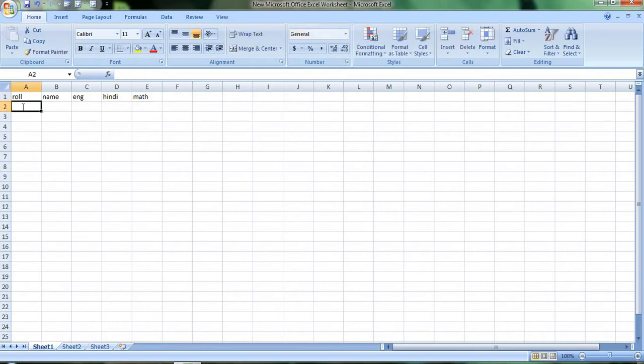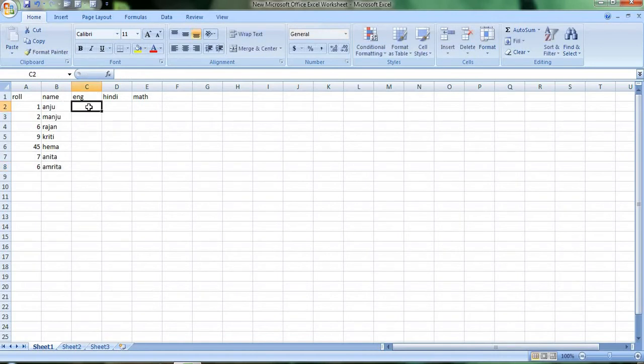Okay, I'll write the roll numbers and then the names here: Anju, Rajan, Chakti, Hema, Ankita, Nita.